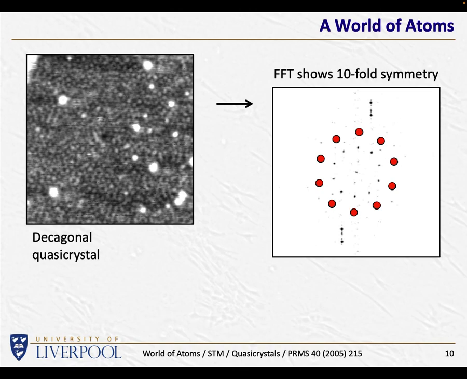And the really neat trick with using software is you can say, well, if there is some tenfold symmetry in there, can we look at only those bits of the image which actually display tenfold symmetry? Because there's quite clearly some white blobs on the surface which aren't arranged in any particular pattern whatsoever. These are actually contamination atoms. Can we ask what is the part of the image that contains that tenfold symmetry and throw away anything that